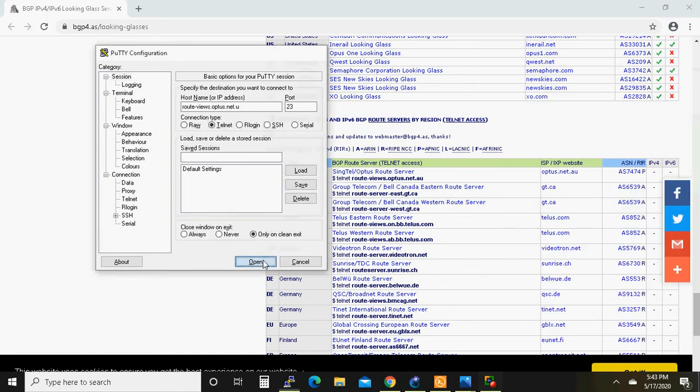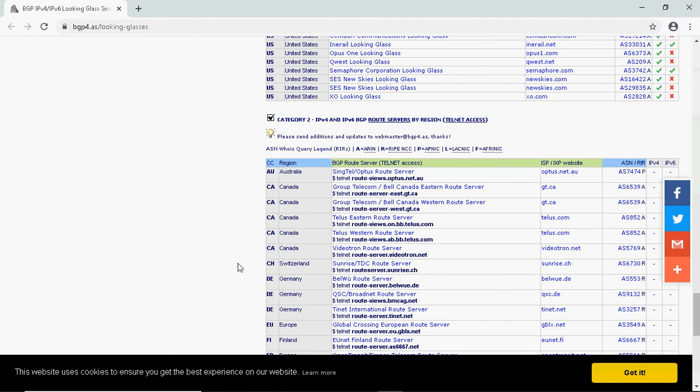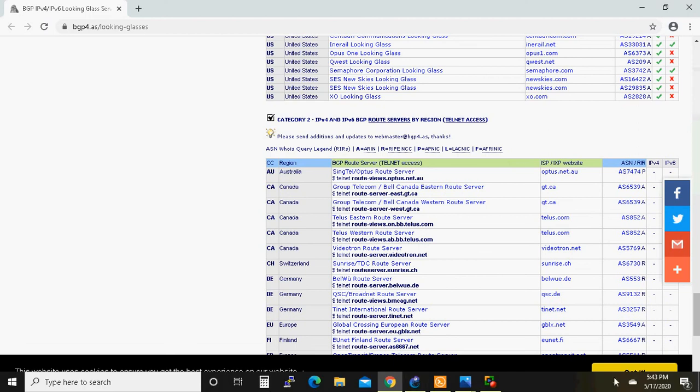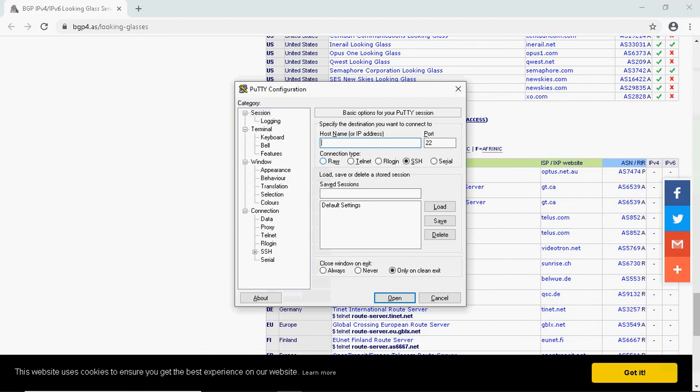Now we can open. Route-views.optus.net.au telnet.